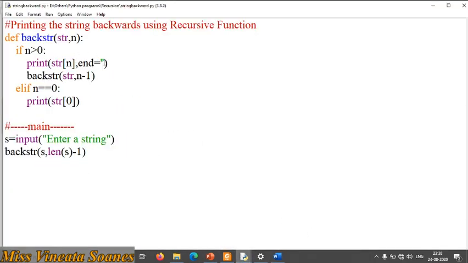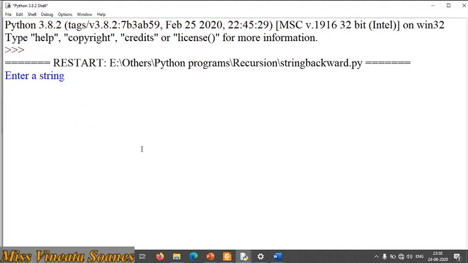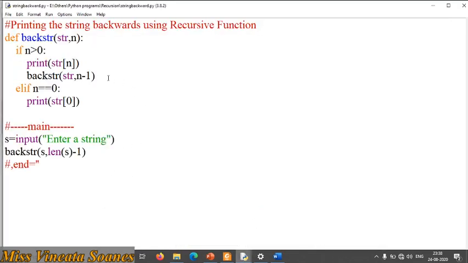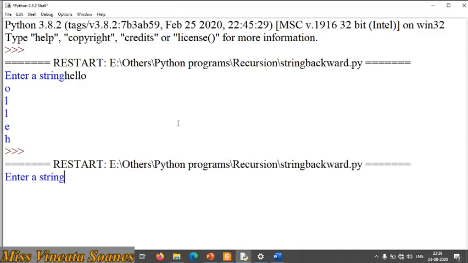Now, I will just show you what happens if you don't give this. Let me paste it here somewhere. If I give the same word, hello, in small letters, you see it's printing on separate lines. Hence, if you want it to print on the same line, as though it's printing from the back, then make sure to give this, that is end equal to two single quotes. Let me just run it, same word, hello, and